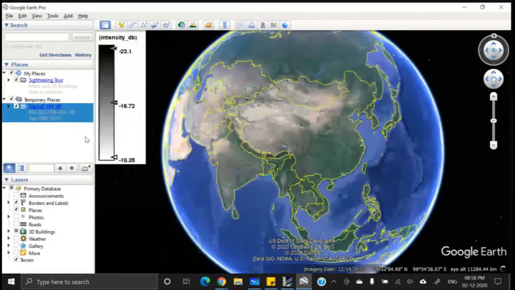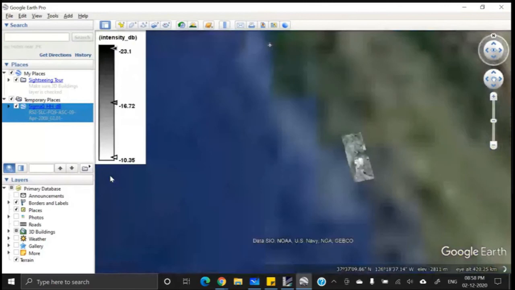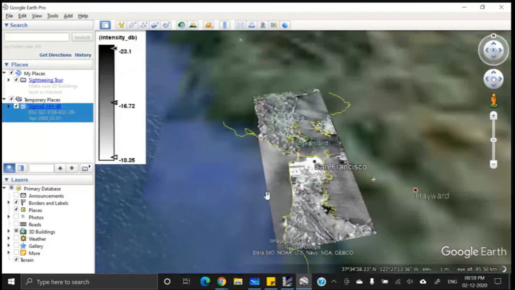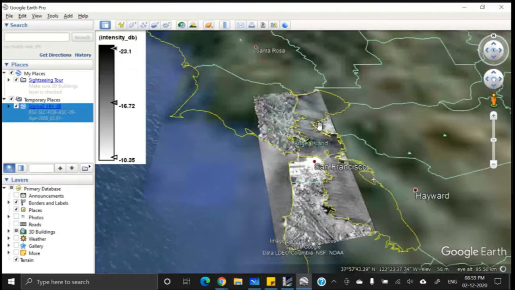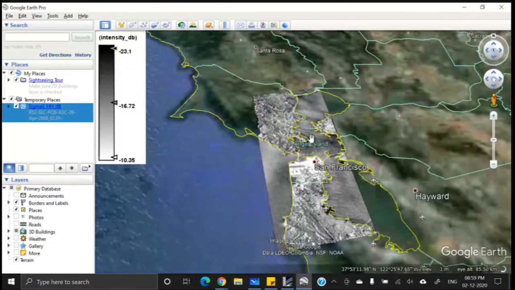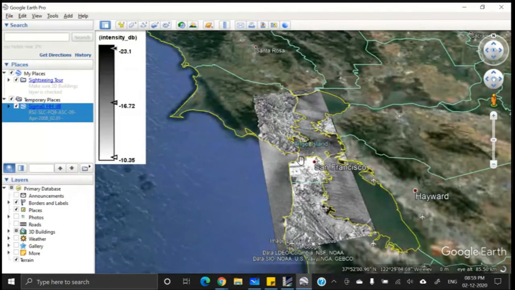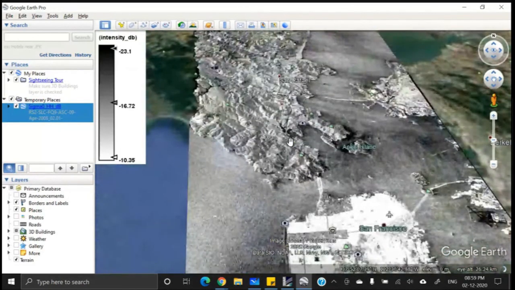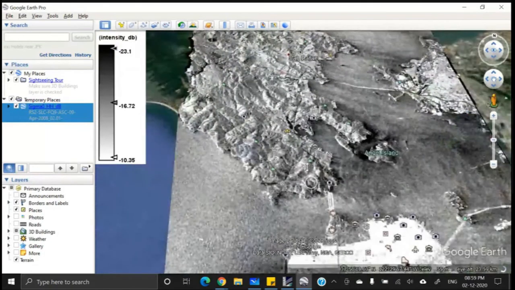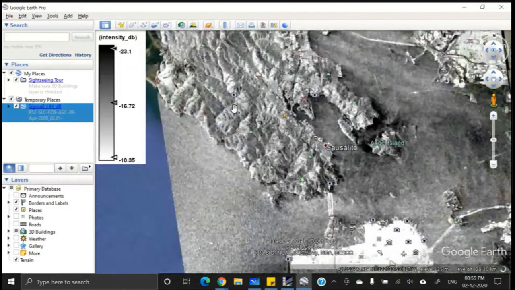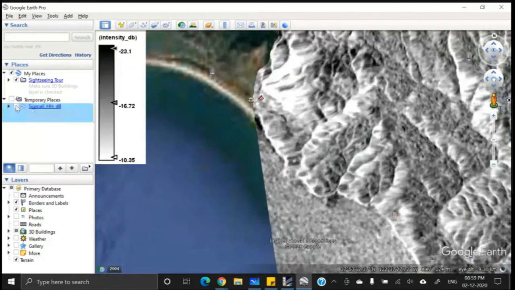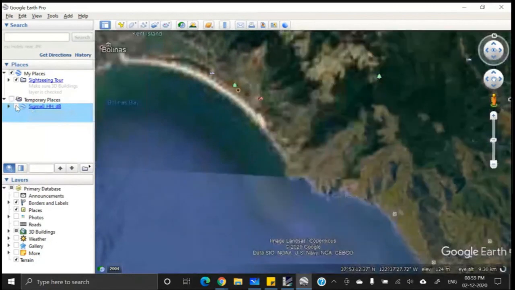Automatically it will direct you to the specified location. Now see, this is the image. Let the optical images download with appropriate detail. Can you see? It has almost matched with Google Earth. You can turn it on or off to compare.